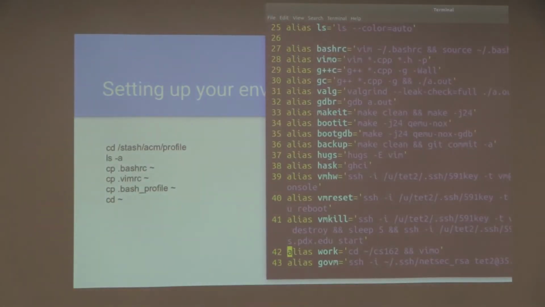I want to ask, how exactly do you use alias? I did copy the files, the bash files, bashrc. And did you make that alias? I'm not sure. Do a vim .bashrc. Oh, you got to spell it right.